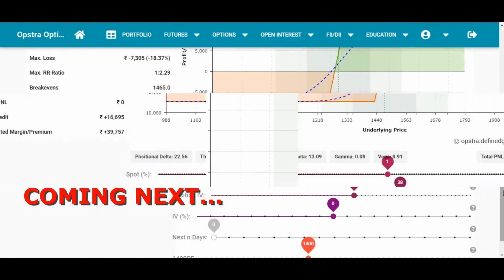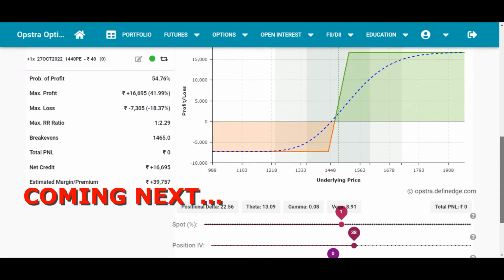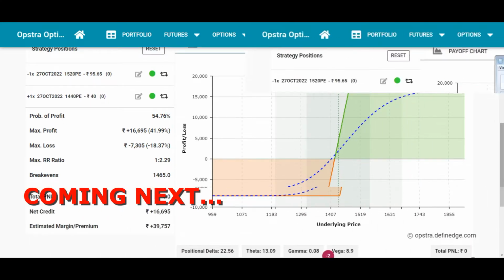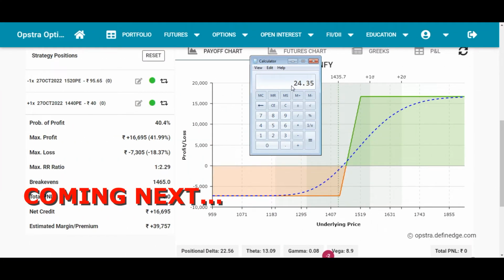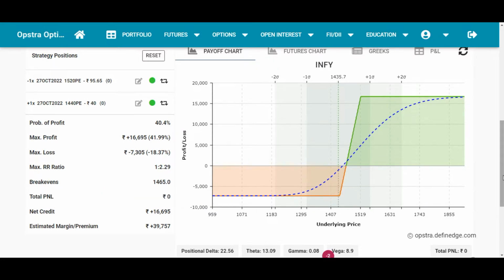So first, if it moves by 1%, and if it expires somewhere at 1475 premium, we make the adjustments and reduce the loss of around 7,305 rupees in the Infosys. So at present, if we see